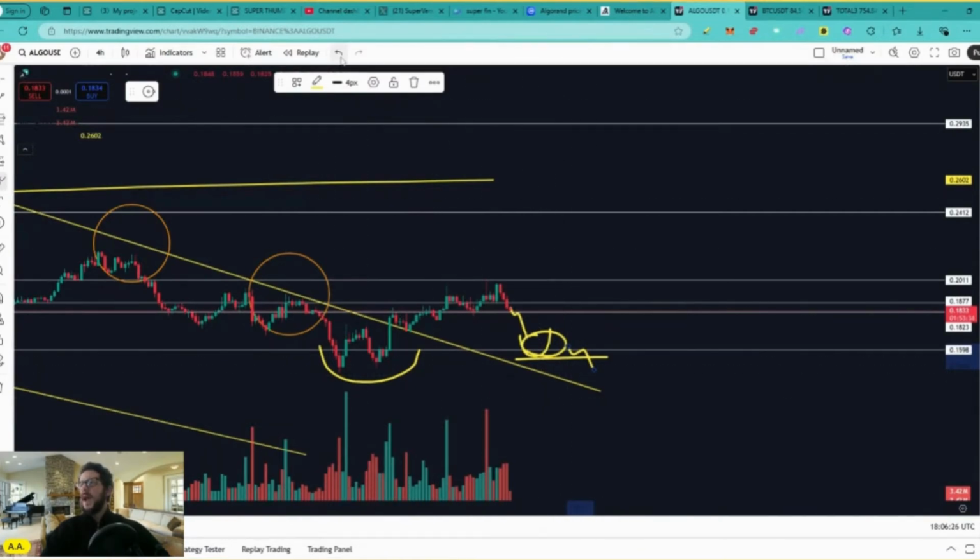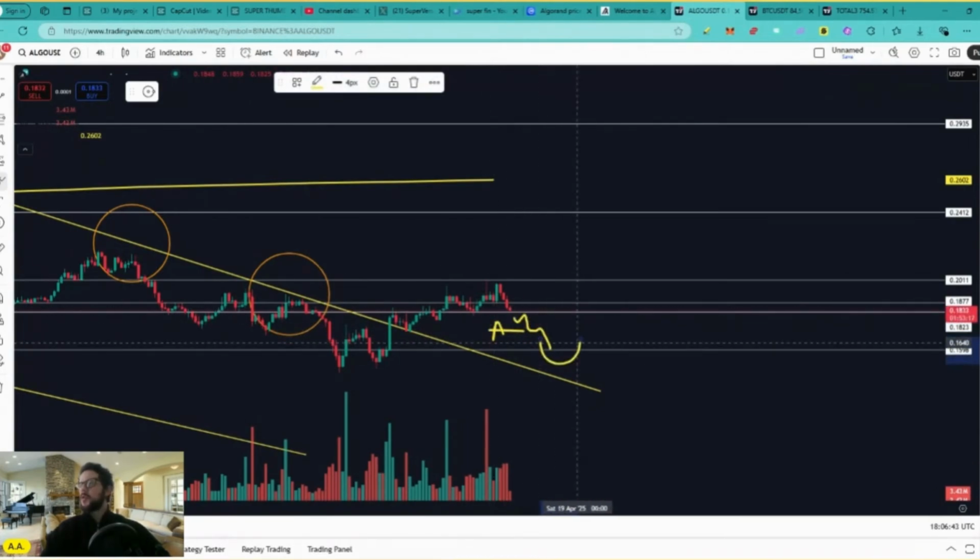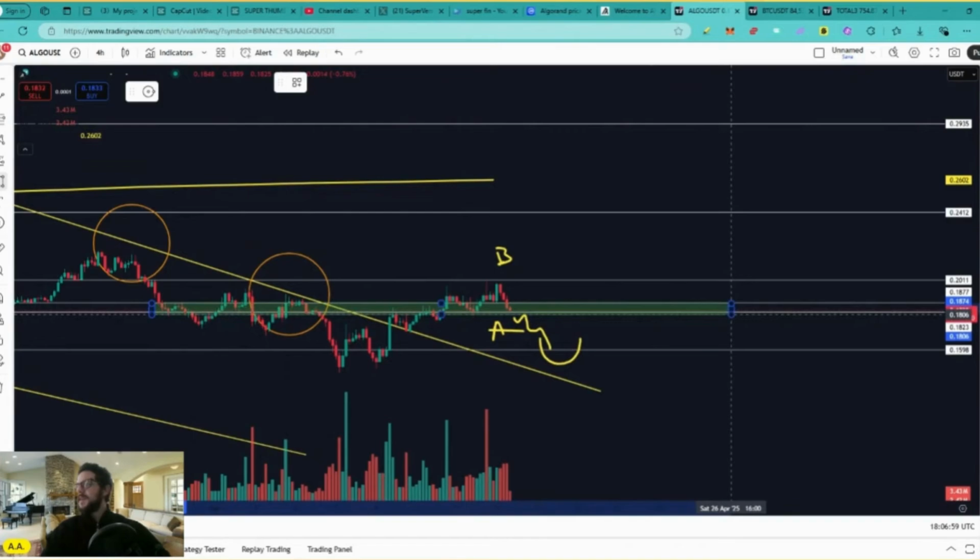Remember, guys, we are not trying to predict. We are just reacting to what the price action is doing. That's why we need to have a plan for everything. So, plan A, if the price action pulls back, watch for a bounce at this key level of support. Plan B, if the price action bounces here and the bullish momentum continues, watch for a breakout above this key level of resistance that's located at